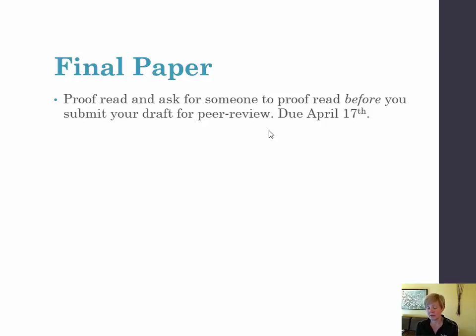The person reading your article in this, or your paper in this class, should not be the first person to look at this, because what happens is your eyes are seeing one thing and somebody else's eyes see something completely different. So I highly recommend, to make this process a little bit easier, that you read it, you give somebody else an opportunity to read it and give you some feedback and talk to you about any kind of errors they see or things they don't understand, or grammatical problems. And if they know APA, that's even a bigger bonus, before you submit it for peer review.